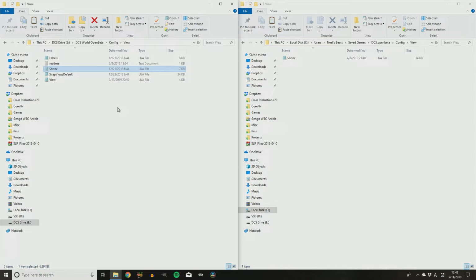We want to edit this file, but if you edit this file, I believe it breaks the integrity check and you will not be able to play online, and it will also be overwritten every single time you update DCS. So to avoid that, we want that file in our saved games. Now some people might already have this in their saved games file. If you do not have this file in your saved games,